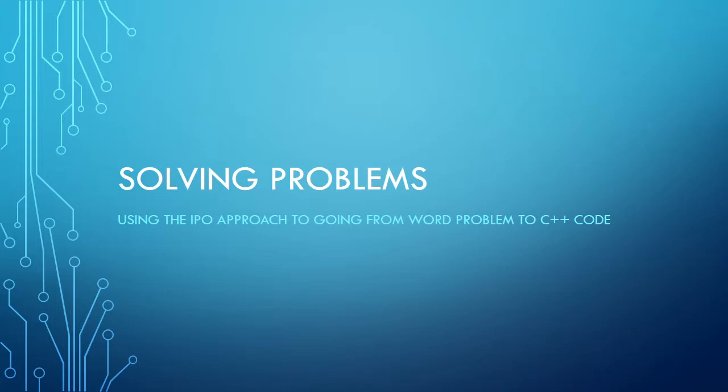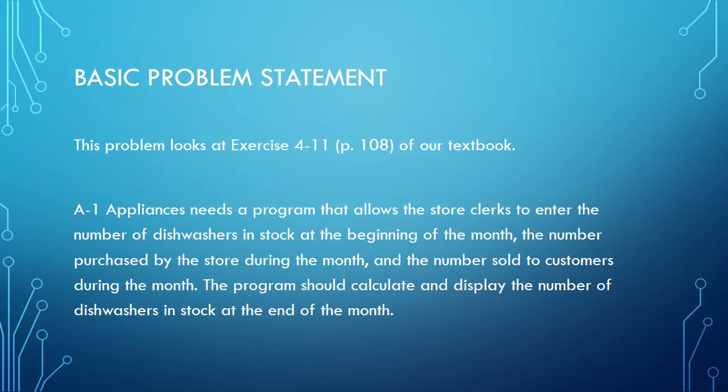We're going to look at using the IPO approach, our input, processing, output approach, to go from a word problem to a working C++ code application. So we're going to start off by looking at the basic problem, exercise in Chapter 4, number 11, on page